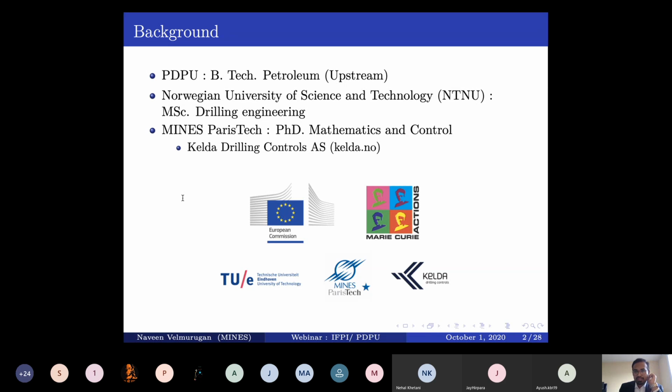So first we will look at a brief introduction to drilling, why pressure control is important, and how managed pressure drilling could address it. Then we will go on and see how to model such systems mathematically so that we can have an understanding of the dynamics that are occurring inside the wellbore. And this is required to, how this can be used to design automation solutions for this particular application.